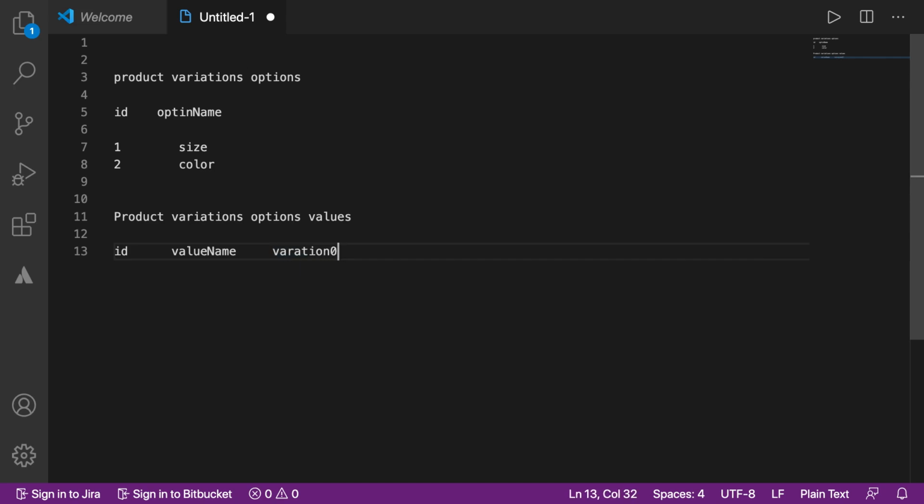But this is not the actual reason I'm showing it. We can skip that, it doesn't really matter, you'll understand it. So here ID 1, let's say it is for size, and we make 3 sizes, 2, 3,